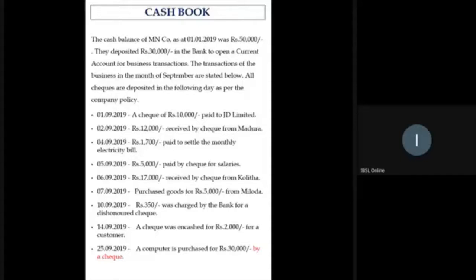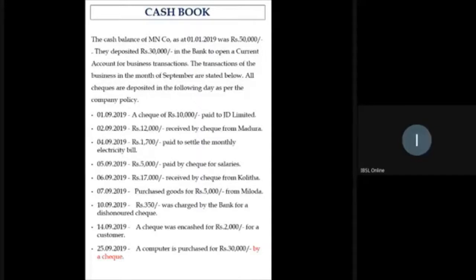So as per this question, they say checks are deposited in the following day. Following day means the very next day they are going to deposit it. In exams, it's very rare that you get a cash book to record transactions. But just for knowledge purposes, in examination, sometimes we can record it straight away in the bank column. You don't need to go through this path, recording it in the cash column and then transferring it to the bank column. That is not required, because ultimately you are going to record it in the bank column.